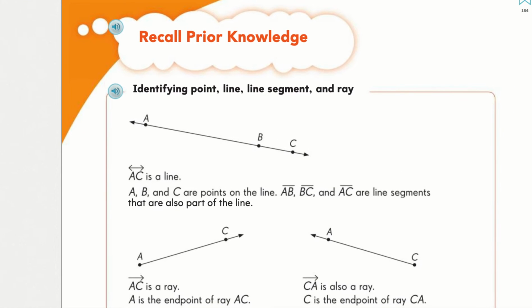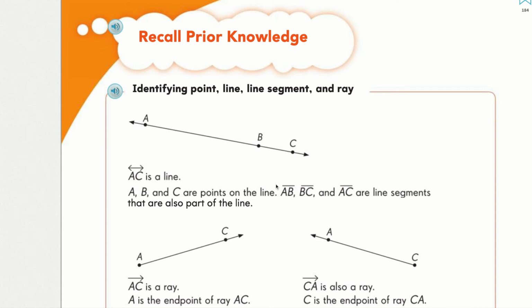Okay, so we're starting chapter 12 and we're recalling prior knowledge. Hopefully when you were in third or fourth grade, you learned about identifying point, line segment, and ray. So AC is a line. This line has arrows at either end and it could go on forever and ever. But AB, the part between point A and point B, is called line